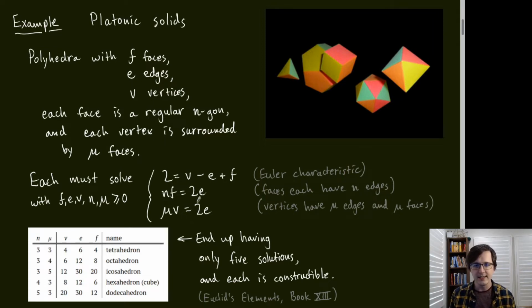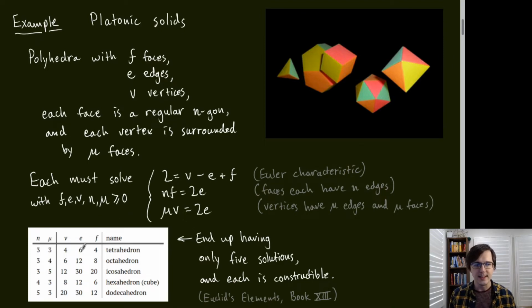Another equation is that since each face has n edges, if you multiply the faces times n, then you get twice the number of edges, because each edge has two faces on either side of it, so that would be double counting. Also, around every vertex, there are mu edges sticking out. So mu times v, again, is double counting the number of edges, because each edge has two vertices on either side. Okay, so we've got these three equations and inequalities, and through some analysis, which we won't do, one can show that there are only